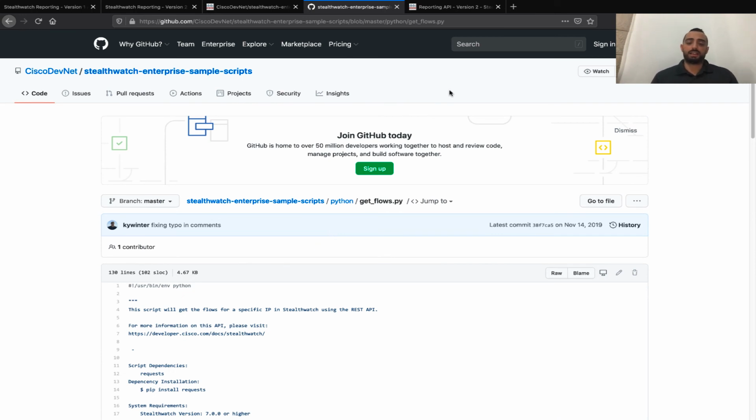At a later stage, we'll have a video that will show how you can import your orchestrator workflow for Stealthwatch Cloud and Stealthwatch Enterprise. We're going to create a pre-built list of workflows for you that you can import if they don't exist in your own environment, and how to make use of them without having to rewrite the whole thing again by yourself. There'll be different examples on how to use Stealthwatch Enterprise and Cloud with the